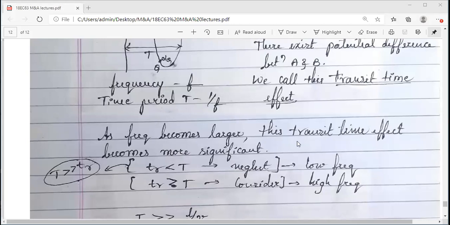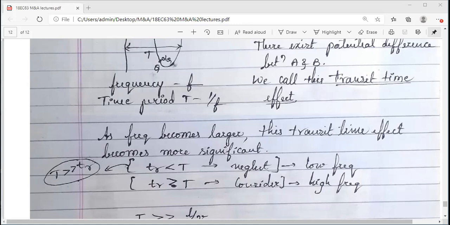This is more significant. But when you do an experiment in the lab, your circuitry is small, your frequencies are small, so this transit time effect is negligible. You ignore it, you don't count that delay, because you're working on low frequencies. But when it comes to higher frequencies like microwaves, radio waves, this delay matters a lot, the transit time effect matters a lot, the potential difference which exists between input and output points matters a lot. So this is a very important point to remember.